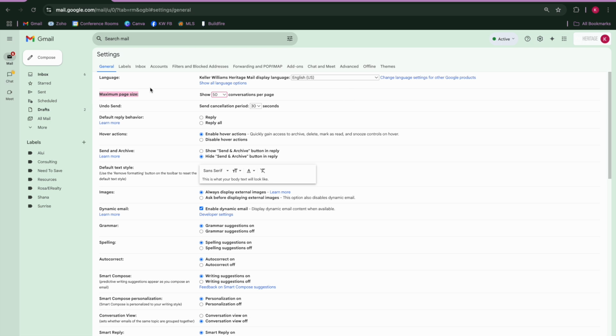Again, we will talk more about the actual functionality and being able to do labels and filters in our next video. So keep up with that if you're curious. And then we'll continue on with a couple of more tips, tricks, and hacks for you throughout the next few weeks. If you have any questions on this